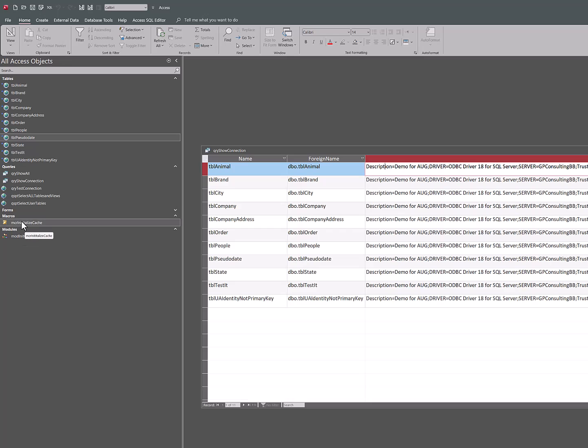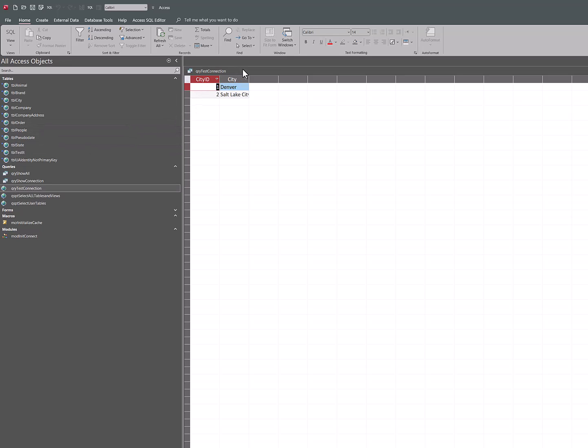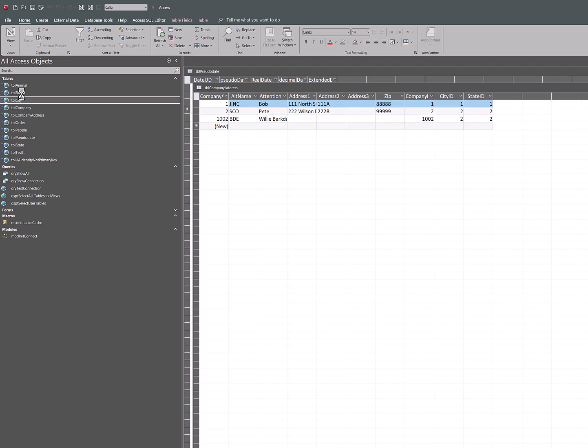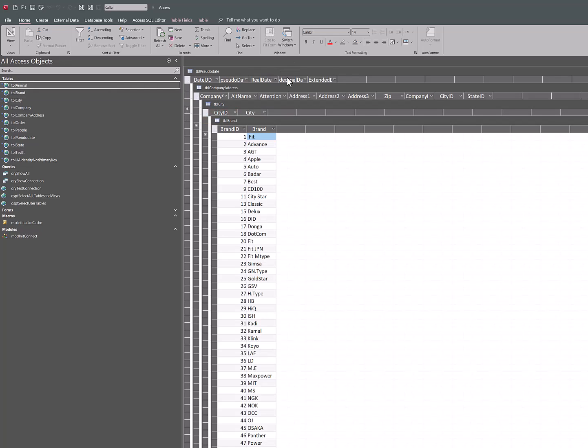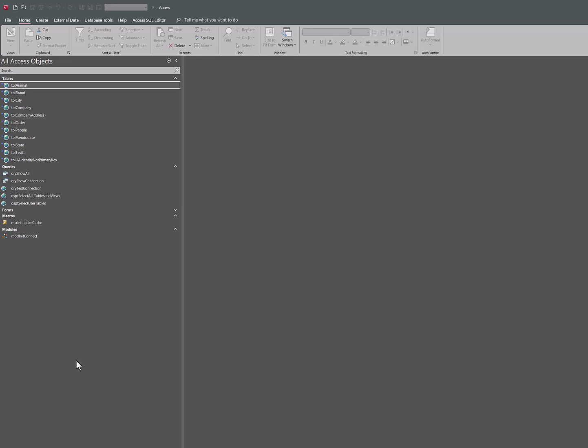I have this little macro which does nothing other than run that code. I'll run it, close this to get it out of the way, test the connection, and this time it opens, showing me records from the city table. I can open any of the other tables. They all work now. They are all connecting with that cached connection because